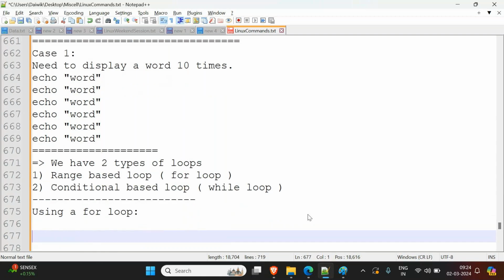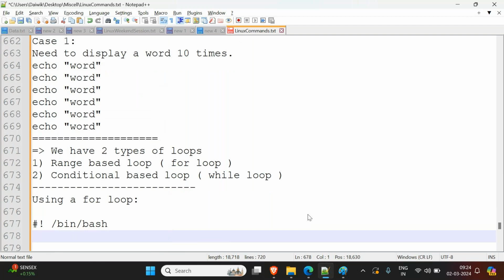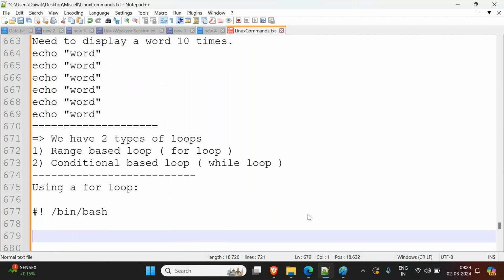First of all, make a practice of writing the shebang. We call this first line a shebang, bin slash bash. And then what is syntax? Syntax means the way to use a statement. So for loop is a statement. If you want to use it, how to use it? In the for loop, first you write for and open the bracket. Here you can write